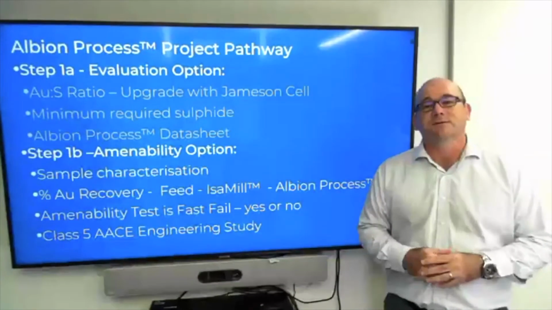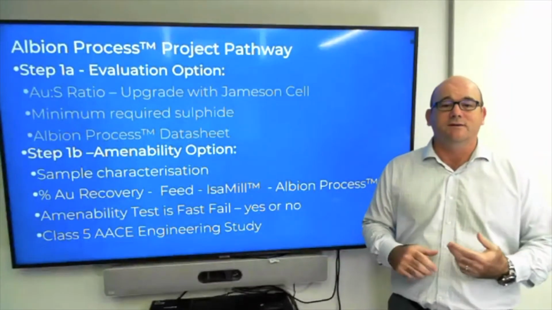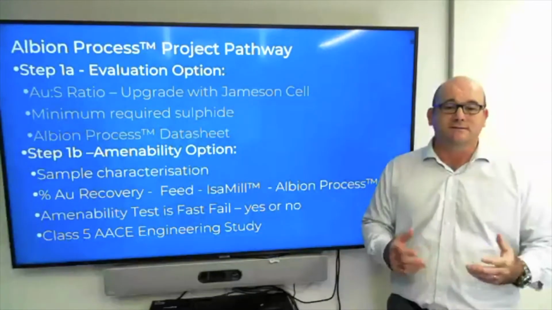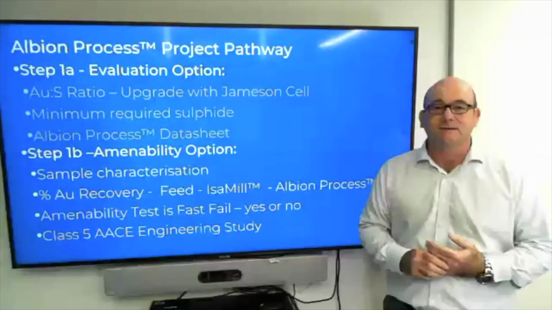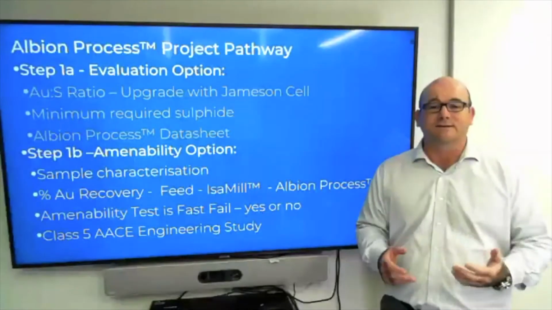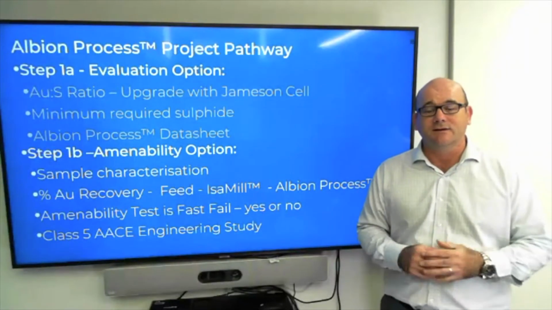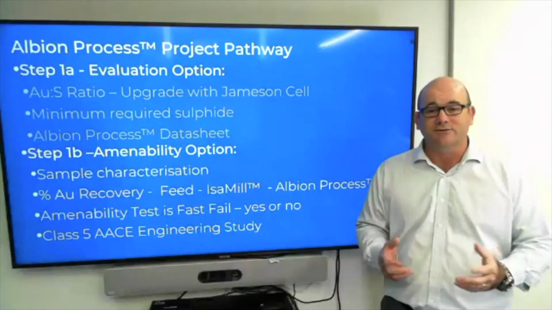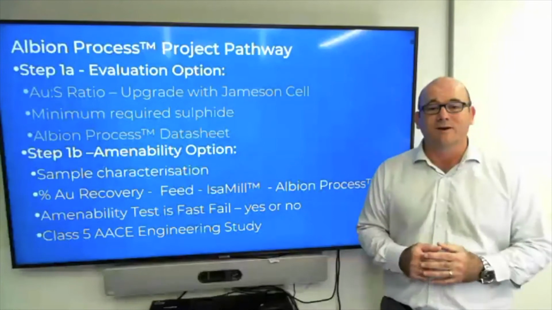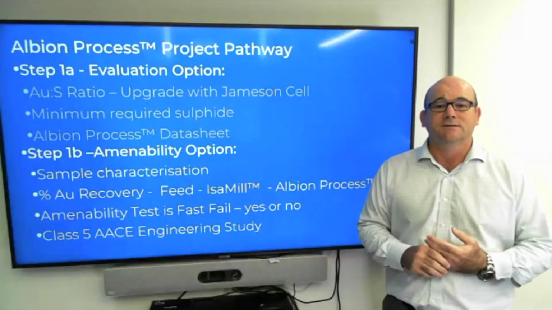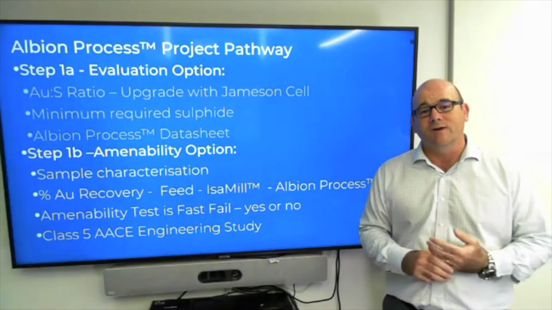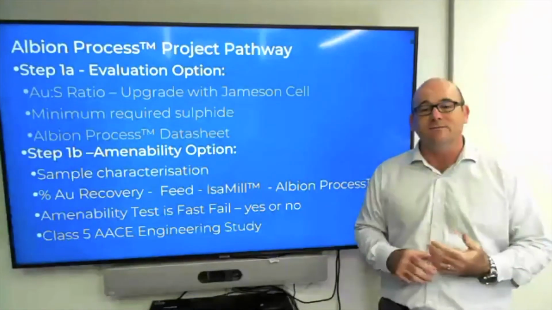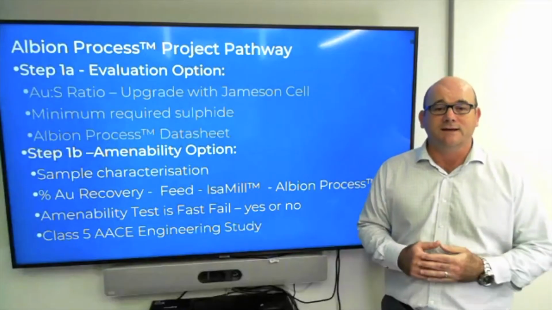So I've done that. We think we've got a project. So how can I prove that it is really a project? So the next step is actually doing an amenability test. So that is doing a lab scale bench test that says yes or no, the Albion process is going to work for us. So to do that, basically we're looking at a minimum of about a kilo of sample. And we would take that and do a